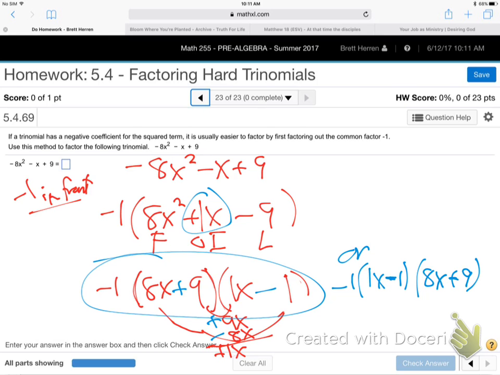Good on that? Questions on that? It took me a little while to figure that out, but I did it. Yes. It's tricky with a lot of combinations. Mm-hmm. All right, well,